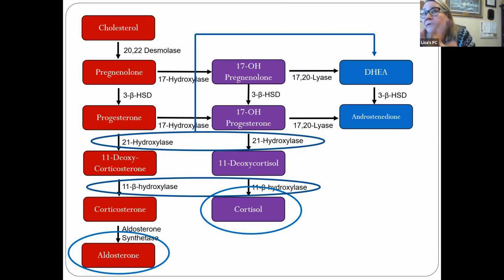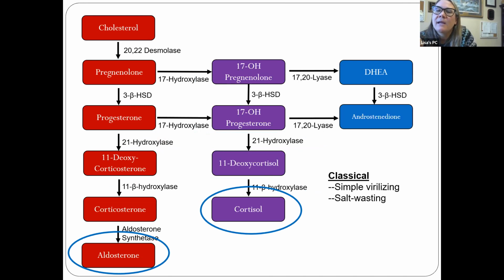So with either of these, you can be variably deficient in cortisol and aldosterone. With 11-beta, do I point that out? I don't think I do. With 11-beta hydroxylase, if you look at the glomerulosa, the differentiating factor between a 21-hydroxylase and an 11-beta hydroxylase, with the 11-beta hydroxylase, that precursor compound in red,